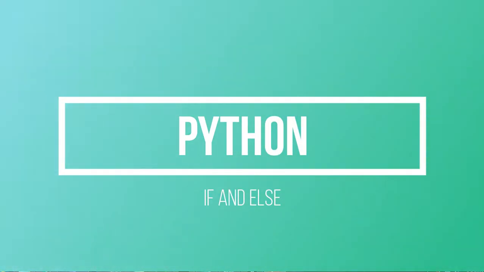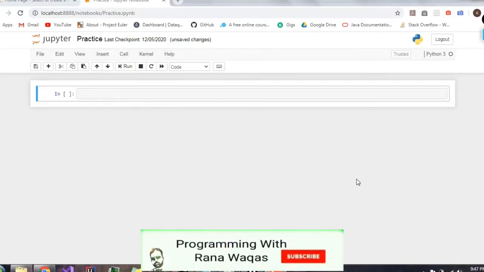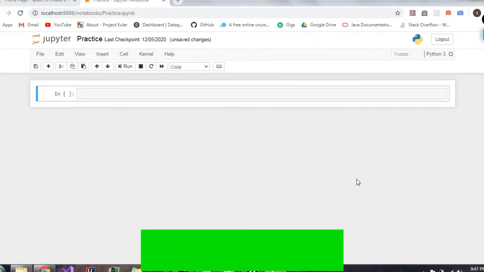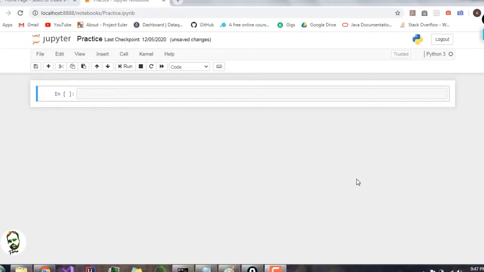Today we're looking at if and else. Now, first of all, if you haven't watched comparison operators and logical operators, then make sure you do because these are going to be used a lot in if and else. First of all, what are if and else used for? If and else is used basically whenever you want to add conditions in your program, so that if a certain condition is true, then that part of the program runs. If that part is true, then that part runs.